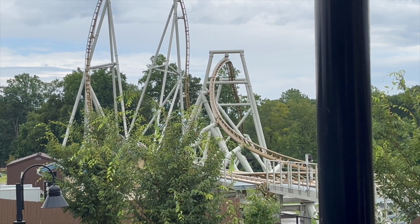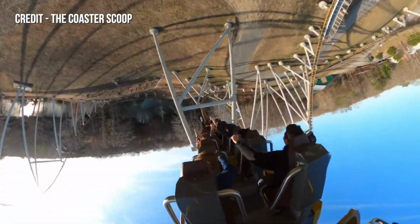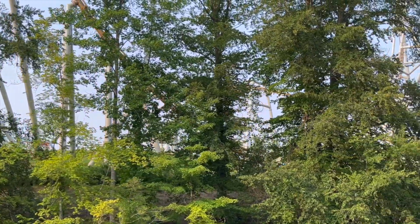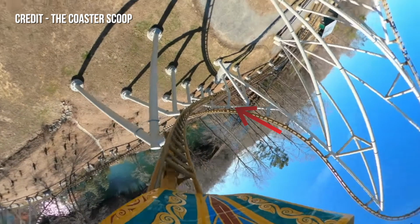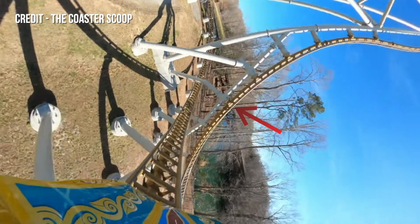And in combination with the hang time, you have these terrifying head choppers with the supports under you. It really feels like your hands might be chopped off, but the best head chopper is still to come. After whipping out of the stall, you careen down the hill for the last time, dipping under the first drop. This crazy head chopper is most likely the reason why Pantheon has a max rider height restriction of just 6'3"